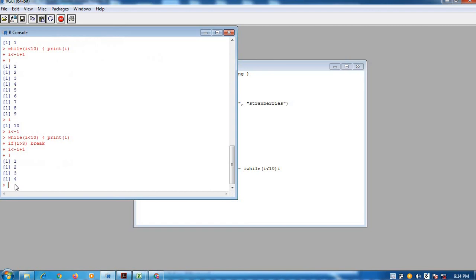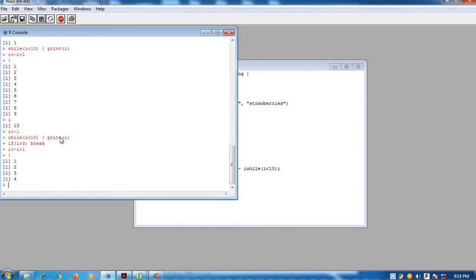So what happened? See here, I is assigned 1, while I is less than 10 it is printing I: 1, 2, 3. Okay, now when I is greater than 3, what is the value of I? I is greater than 3 when it is printing 4 here.